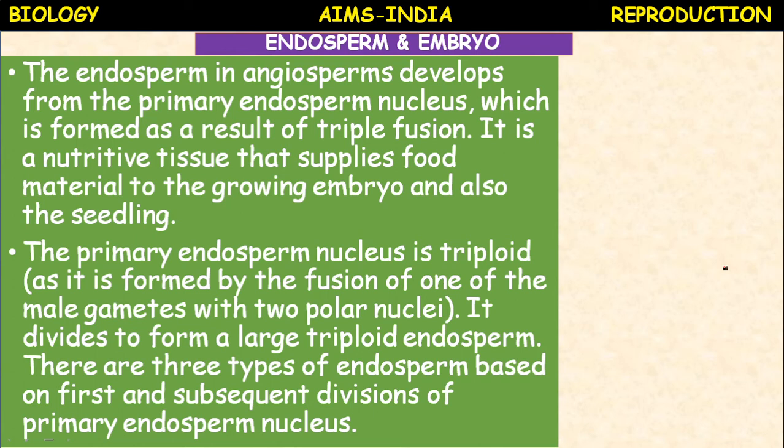The formation of endosperm is initiated by mitotic divisions of the primary endosperm nucleus, which is 3n. If the endosperm is present, they are albuminous seeds. If endosperm is absent, exalbuminous seeds. Okay, non-endospermic seeds and endospermic seeds are there. Endosperm may be completely consumed by the developing embryo before seed formation, then it becomes non-endospermic seeds. They are called exalbuminous seeds. Example, pea. In some mature seeds, endosperm will be retained, that is castor, cereals.